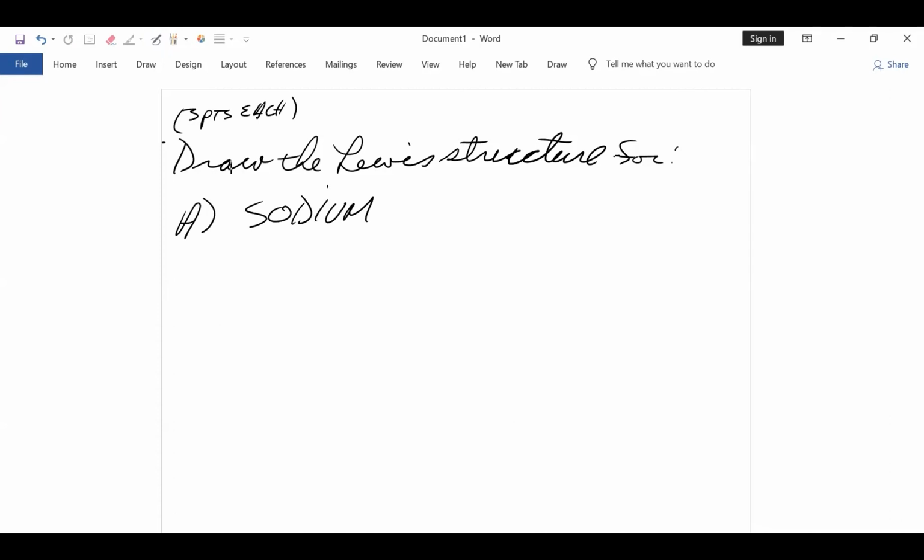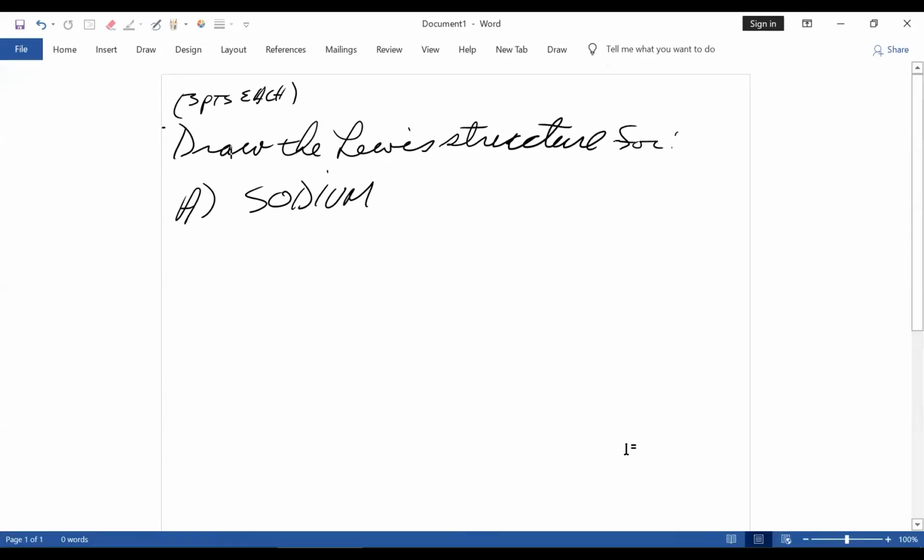All right, so if I were to ask on a test, draw the Lewis structure for, 3 points each, A, sodium, the first thing you have to know is how many valence electrons sodium has. Remember, Lewis structures deal with valence electrons. So what we need to do is